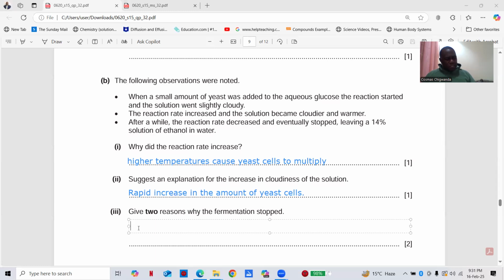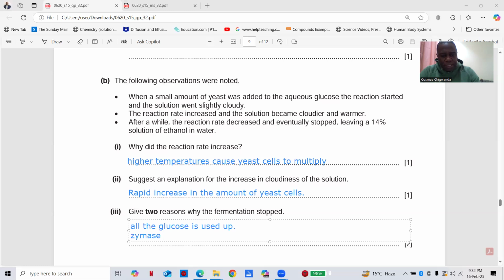One of the reasons which causes this is the fact that all the reactants are used up, okay? Maybe all the glucose in the container is used up. That's one of the reactants. The reactants have been finished, so our reaction has gone to completion, okay? And another reason that we can also write down here is